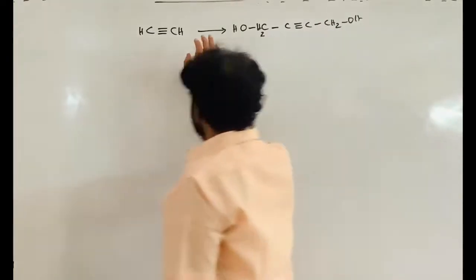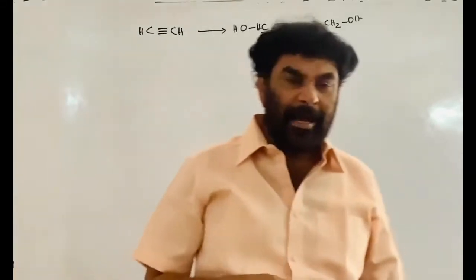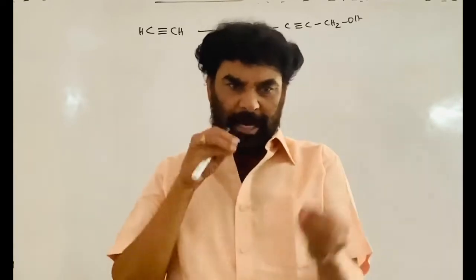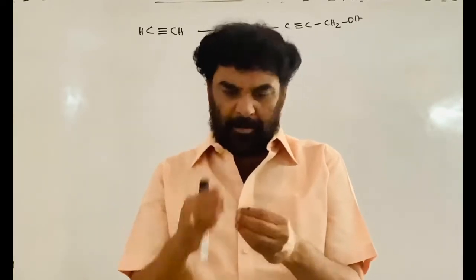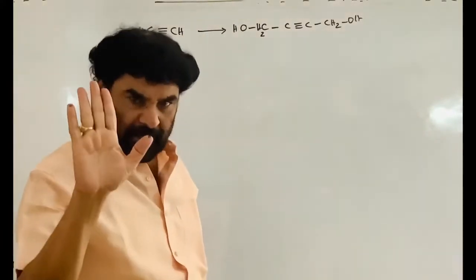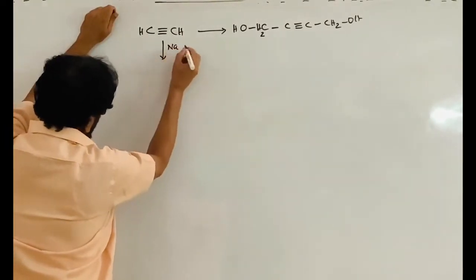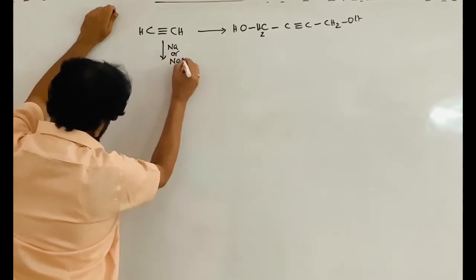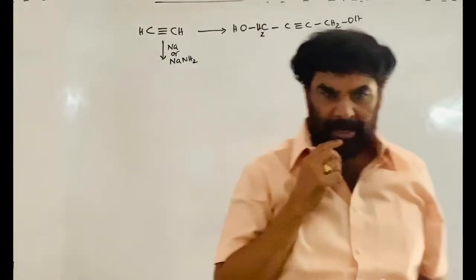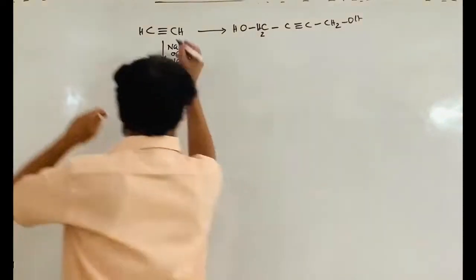See, it is easy. This is the acetylenic carbon. This is the acetylenic hydrogen. Acetylenic hydrogen is acidic hydrogen. It is easy to replace it. So through that, on the acetylenic carbon, we can introduce any other group. For this, there is a known procedure: treat with metallic sodium or sodamide. Ammonia is a weaker acid than acetylene. Therefore, by using the amide ion, it can be replaced.